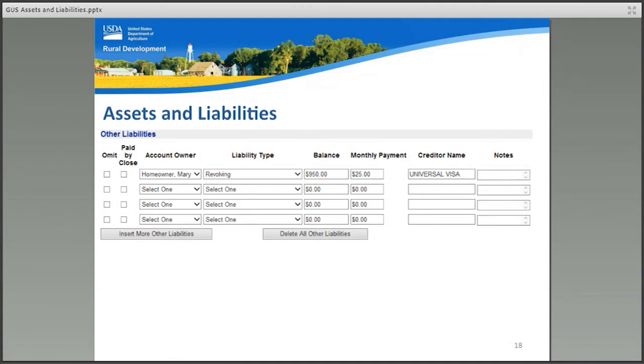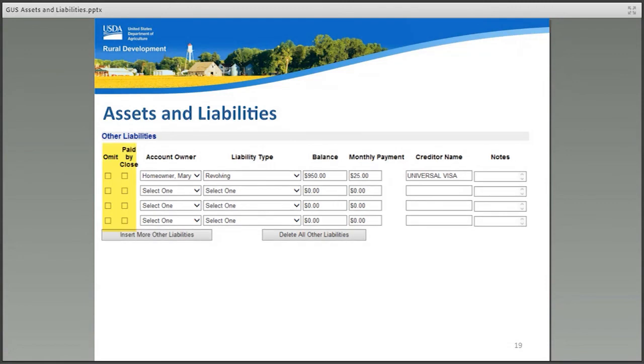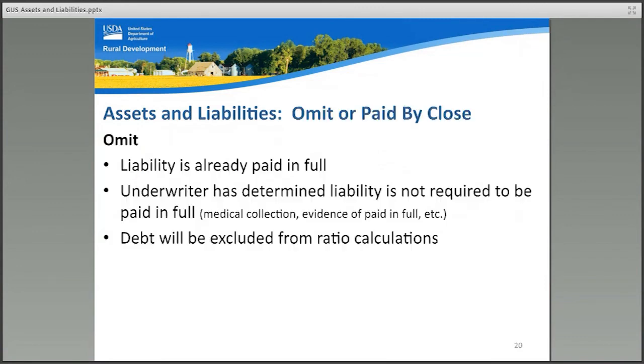Those are a few useful examples. If a liability is eligible to be omitted from the debt ratios or it will be paid by close, users may select the applicable checkbox. Refer to 7 CFR 3555 and Handbook Chapter 10 and 11 for guidance regarding the omission of eligible debts.